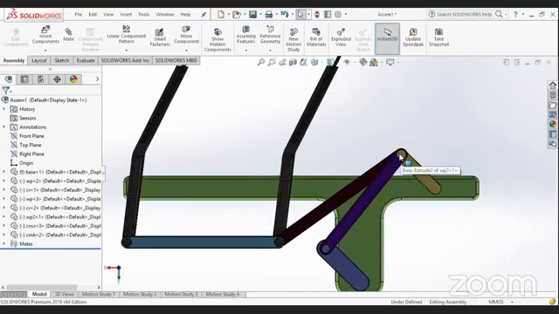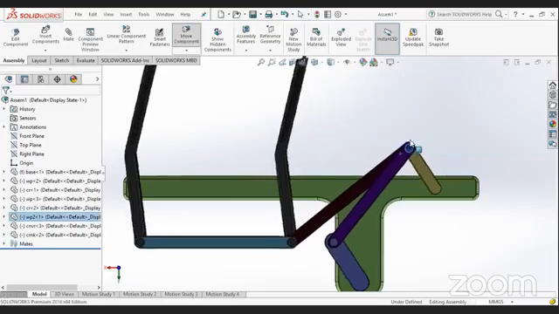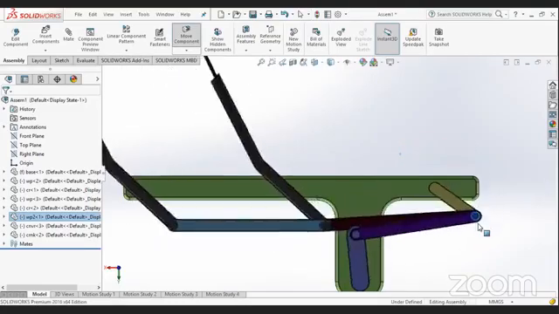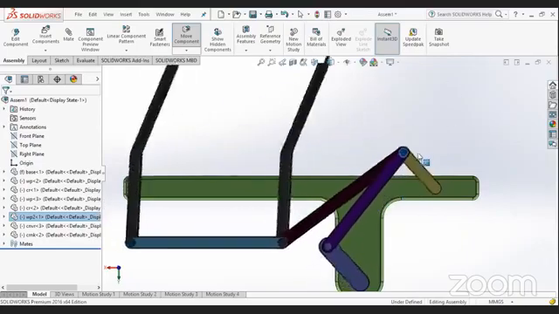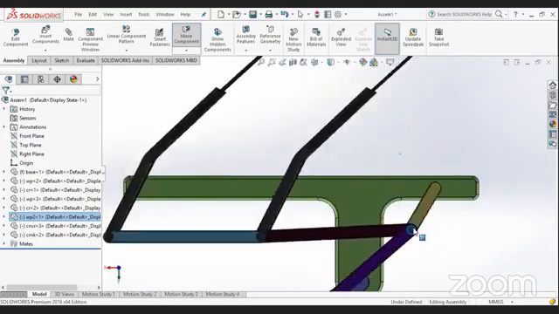Just what I've done is I've reduced the distance to 80 mm. Just by changing the crank radius by 10 mm, we are now able to obtain an oscillatory motion from a rotary motion.